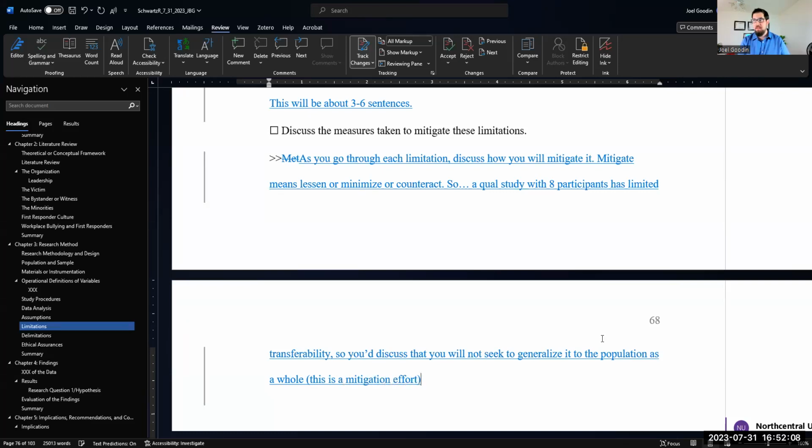You're not really fixing the issue of a small sample that's not transferable. You're just going to make sure that you talk about in your study that these findings are not transferable to the population. 8 people does not represent thousands. It could, but you can't say that it does. Right. Okay, this will take